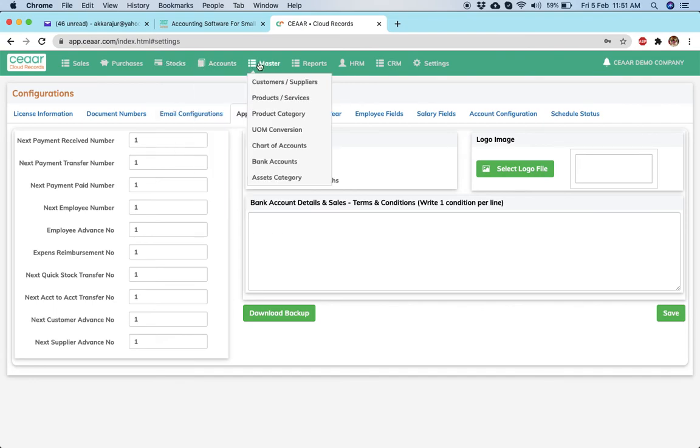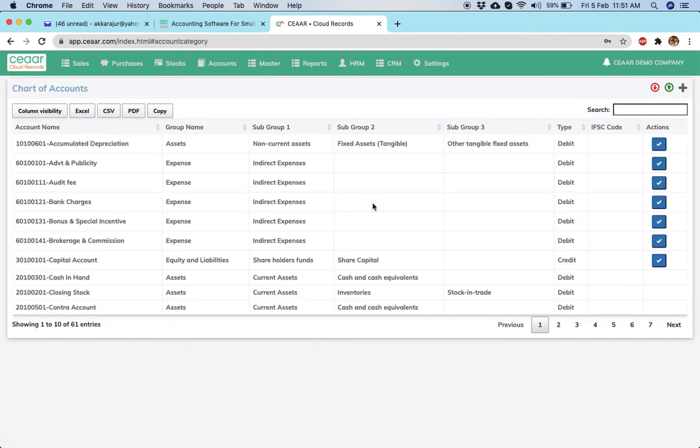Accounts, we already have chart of accounts here pre-filled with some standard accounts. Check these ones. If you want some more which are not there here, which you are using right now, you can come here and create it.